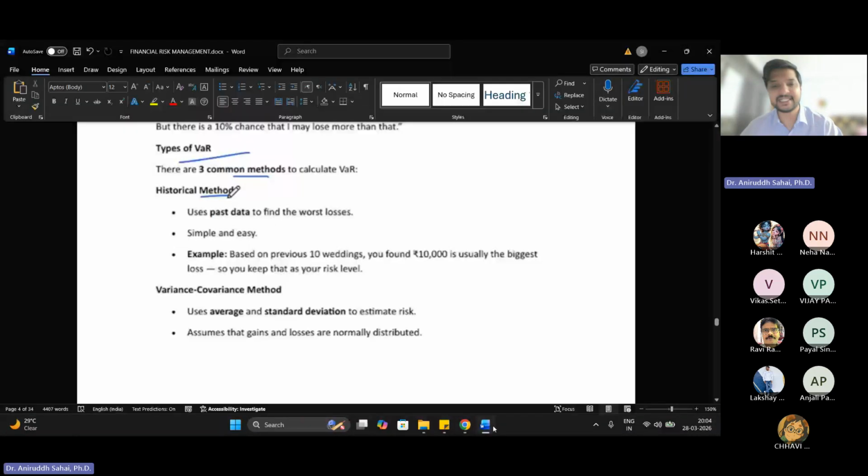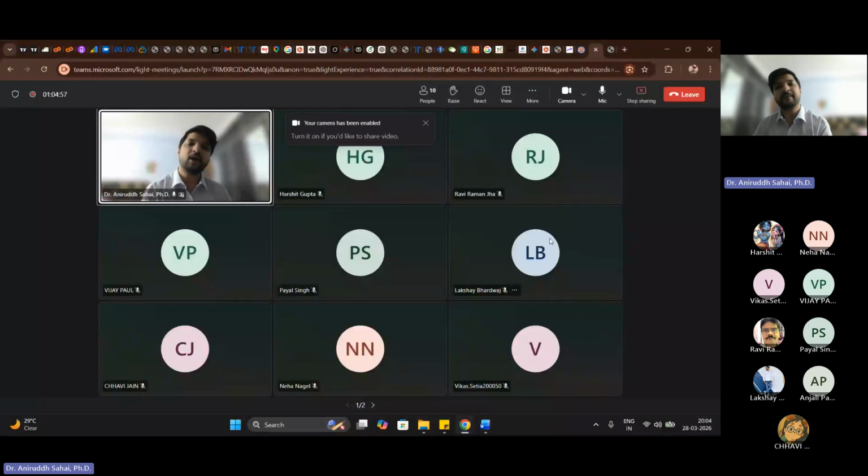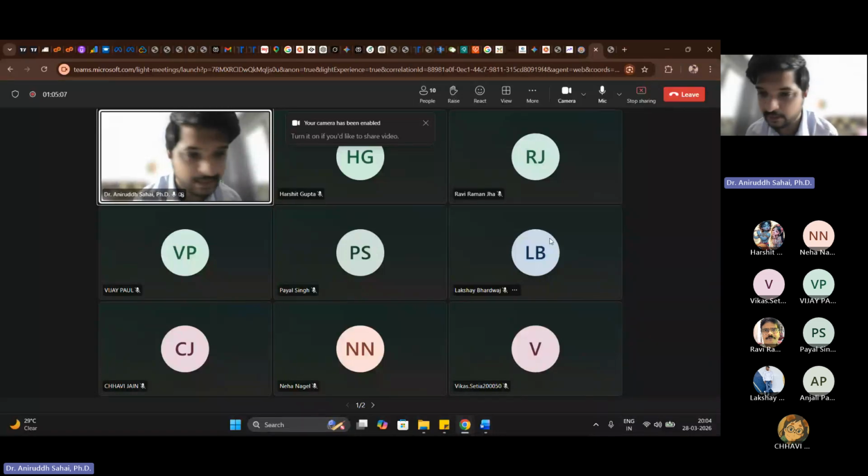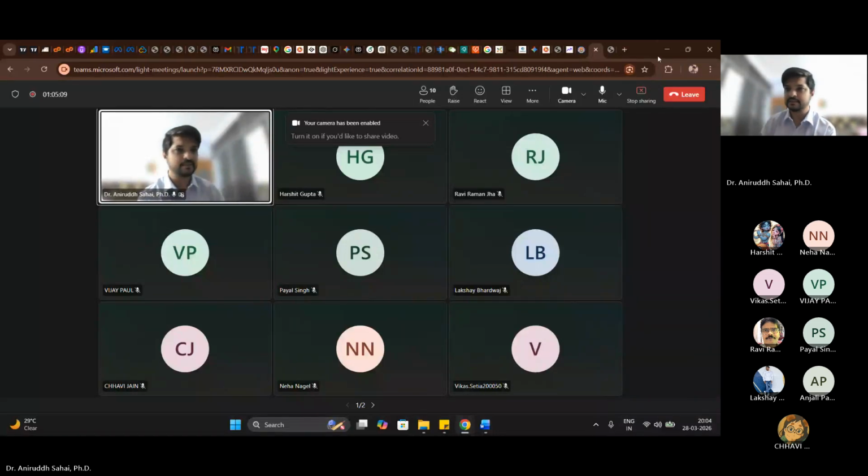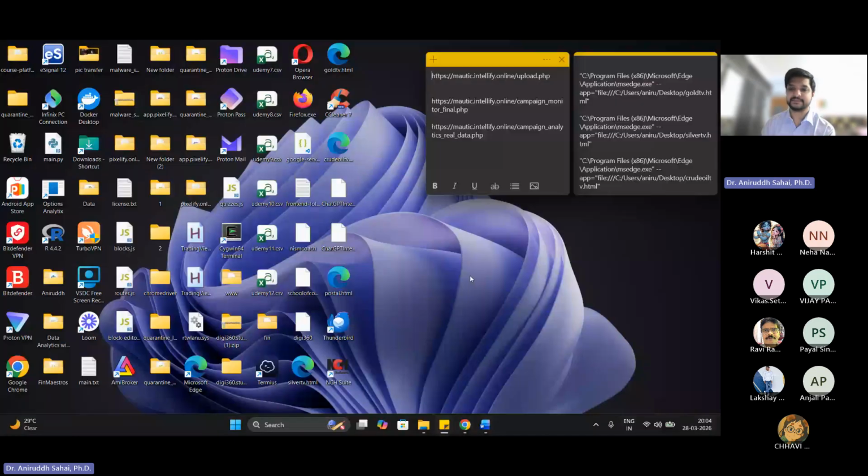तो अब ये कैलकुलेट कैसे करते हैं उस पे क्वेश्चन आता है. एक तरीका होता है हिस्टोरिकल मेथड का, कि पिछले हमने 100 महीनों का डेटा देखा, उसके बेस पे देखा कि हाँ 99 मंथ्स में हमारा इससे कम ही लॉस रहता है. So you can say with 99% confidence कि हाँ इतने परसेंट से तो कम ही रहेगा हमारा लॉस. That is based on historical data. The second is